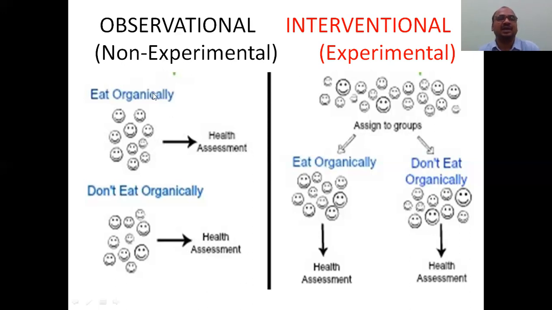See here, in non-experimental observational studies, you are observing, you are not giving any food. You are just observing those people. For example, take the Ibrahimpatnam area. Suppose there is a population of 10,000. Some people will take organic food, some will take inorganic, non-organic food, and you are observing. You are not going to stop their food, and you are not changing anything. Keep in mind, you are just observing those people who are taking organic food. What is their health?